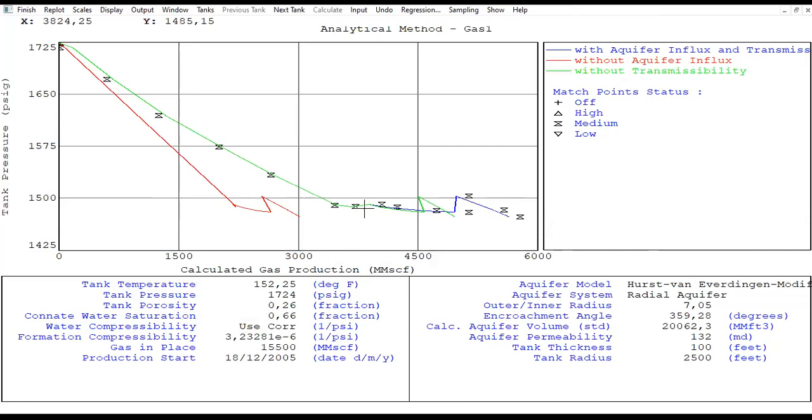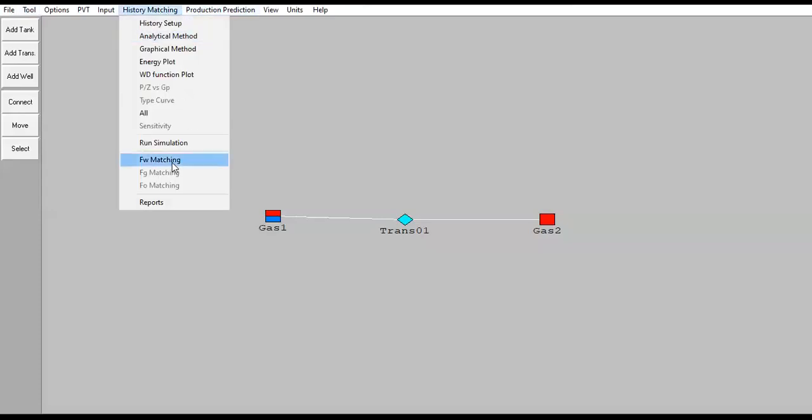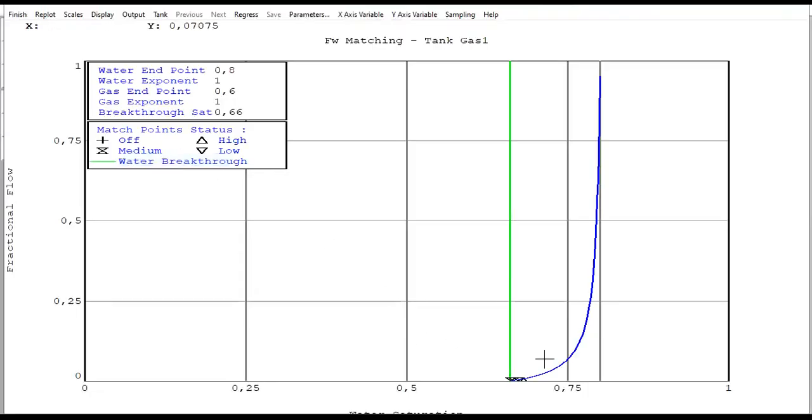You understand? So sometimes we rely on the history matching performed by MBAL, but if we are still not so sure, we can do it manually. Okay, we can do it manually. And let's say finish. Let's say I also want to perform matching for this one. Okay, for the relative permeability data